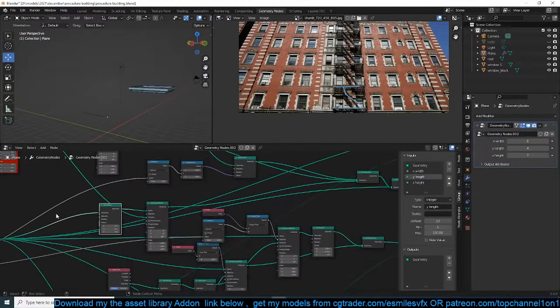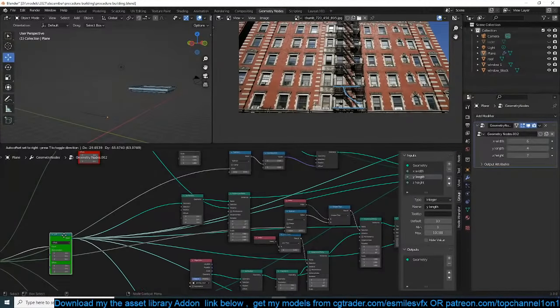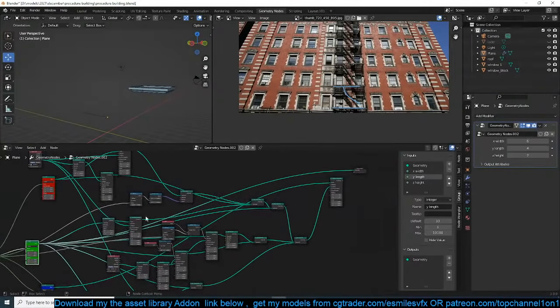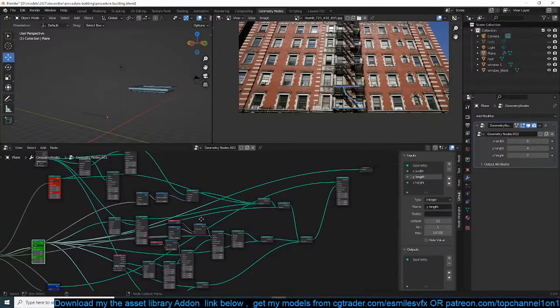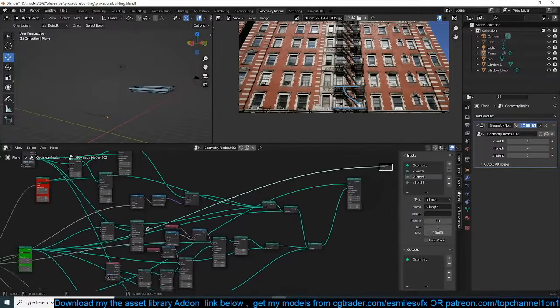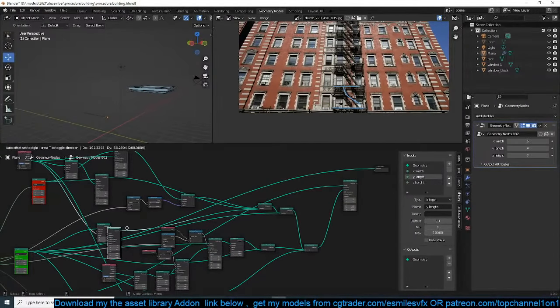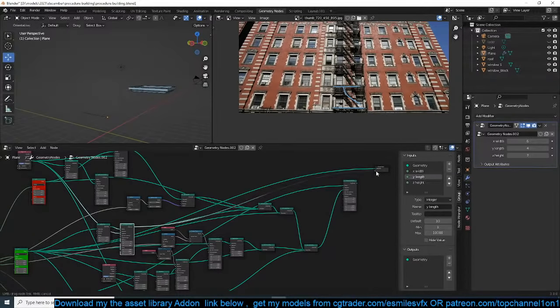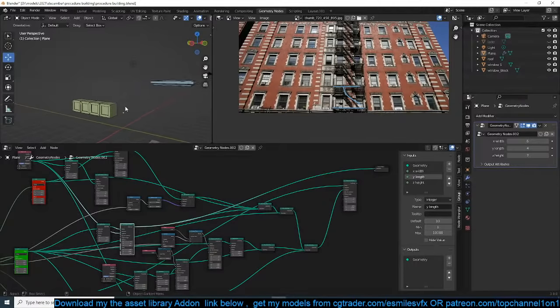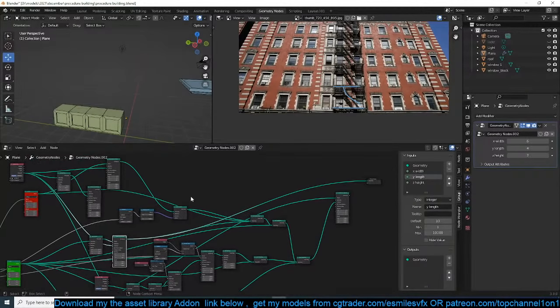Yeah, it is this. Before we instance anything on it, after I think we instance nodes to it here, we need to bring in the window block again,